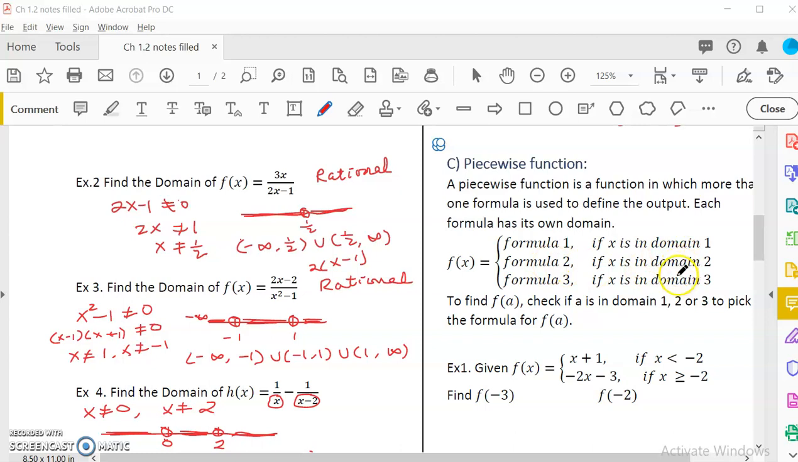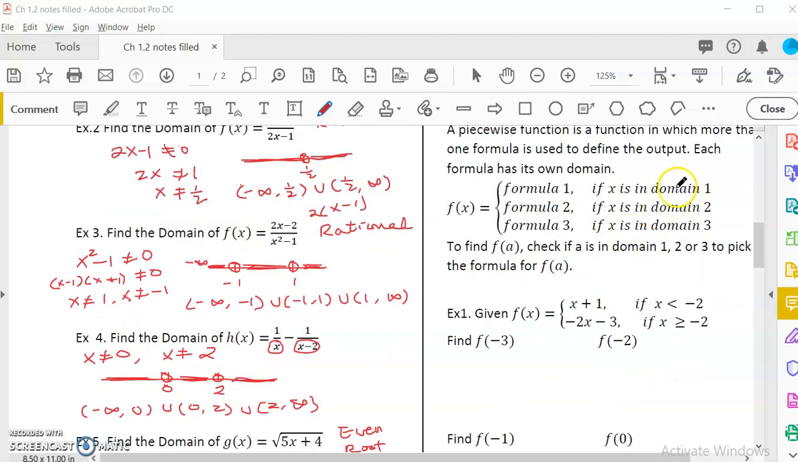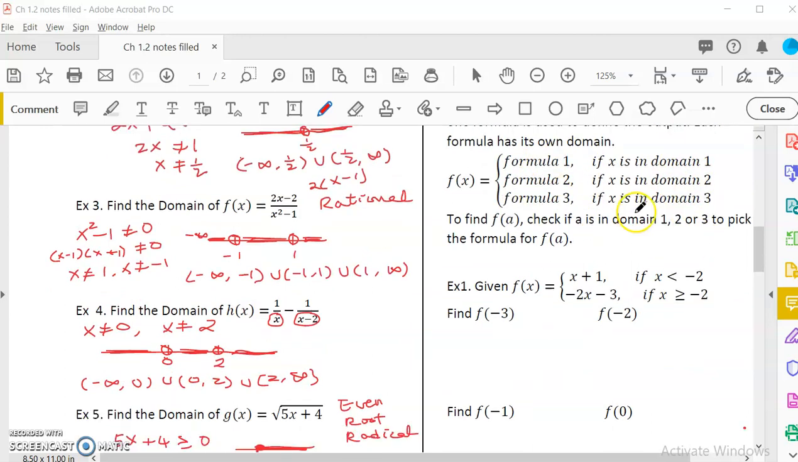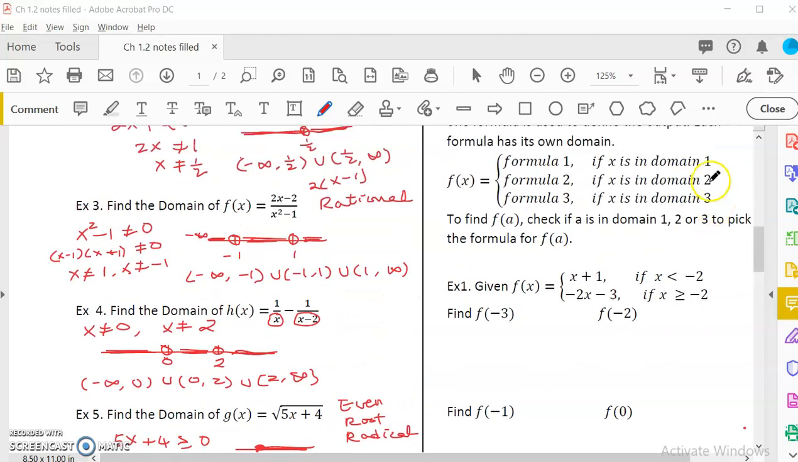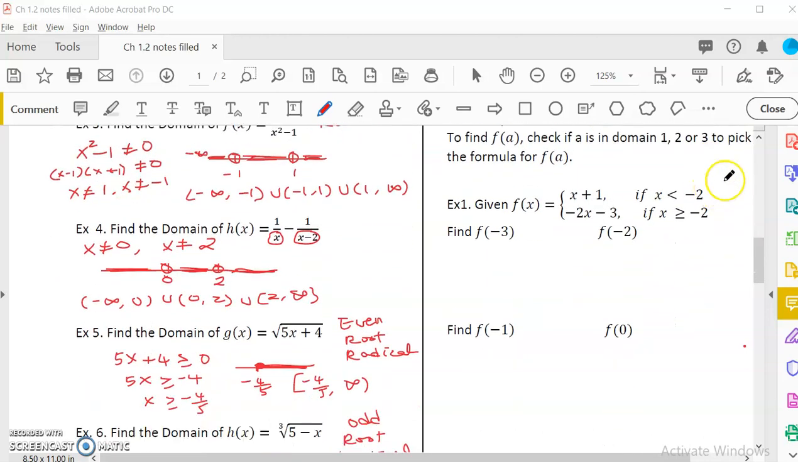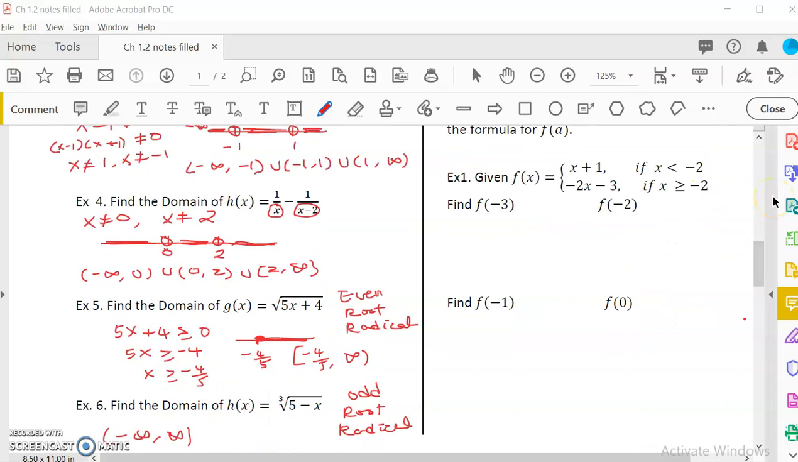And these domains should not overlap. So at any one point, your x should belong to one of these intervals, and then you pick your formula to find the output. Okay, so let's look at this. This is very useful when you work on applications. So that's why we talk about this before we